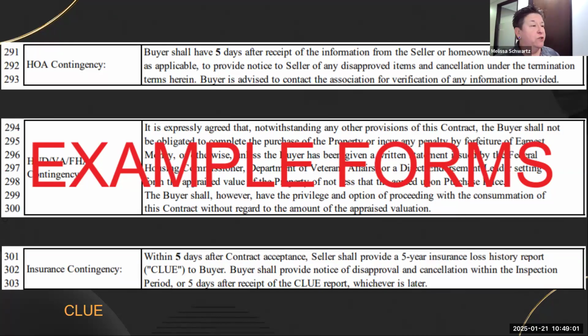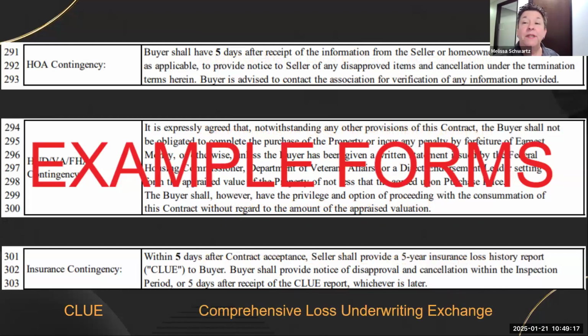So does anybody know what CLUE stands for? Comprehensive Loss Underwriting Exchange. So it is an actual company that does these reports. Does anybody know what it costs to get a CLUE report today? About $75. So if you are a listing agent and you get this purchase contract offer,